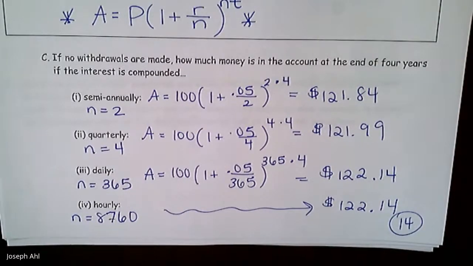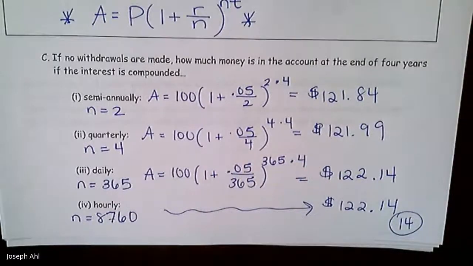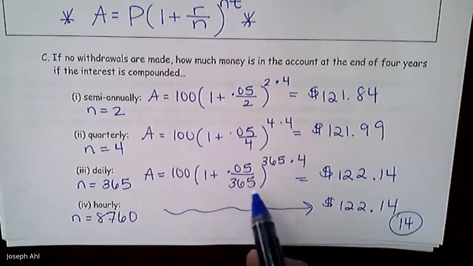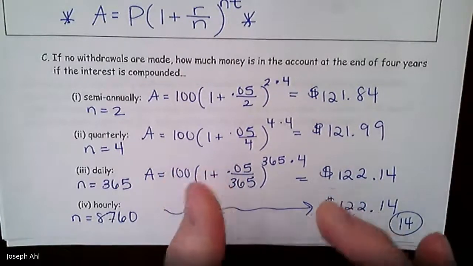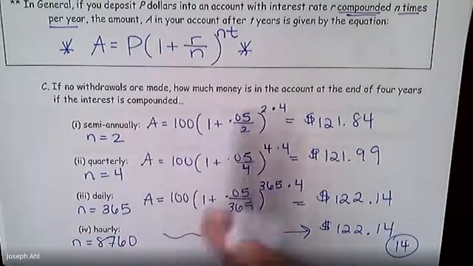But where we're headed with this whole discussion is, what if interest is compounded not every hour, but every minute of the day? Or what if interest is compounded not every minute of the day, but every second of the day? And we're going to cut that interest rate into such tiny little pieces that eventually it's kind of like splitting it up into an infinite number of pieces. Well, the thing is, we can't plug in infinity for the denominator. The calculator's going to have no idea what to do with that. But there is a mathematical expression that represents what happens to this formula as n gets bigger and bigger and